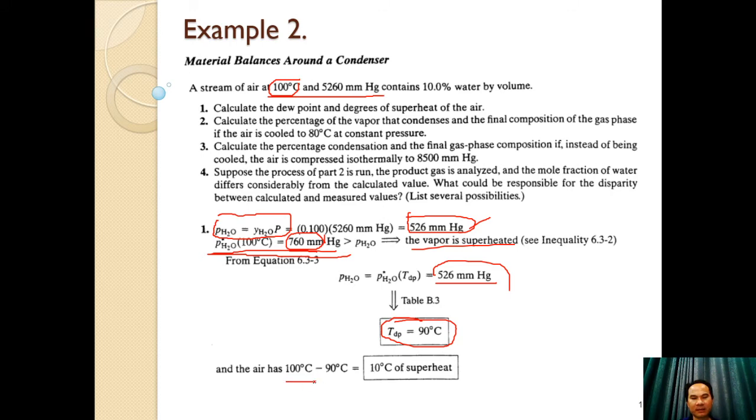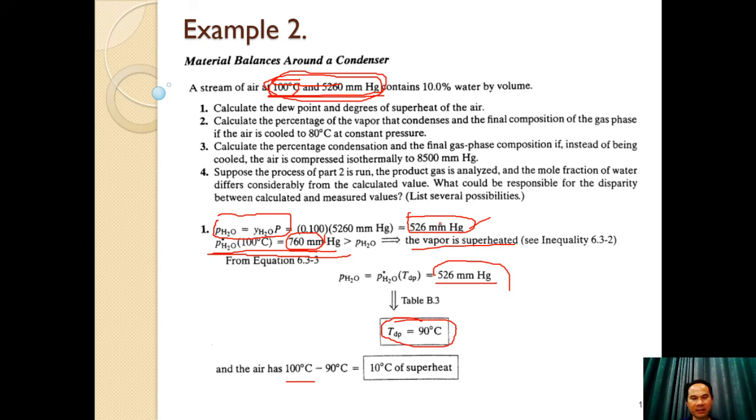This means 10 degrees of superheat. In conclusion, the first step, our system is superheated. Because after you check, the vapor pressure at 100 degrees Celsius is 760 millimeters mercury, and then you calculate the partial pressure equal to